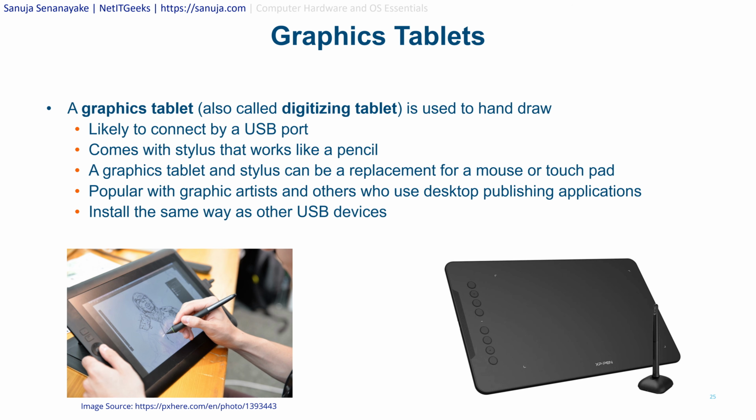And there are two major types of graphic tablets. One has a screen where you can actually see what you are drawing onto, and the other type doesn't have a screen, so you have to keep an eye on your monitor while you are drawing on this tablet. Basically this would be one end of your monitor and this would be the other end, and you calibrate it with the software and the drivers, and then you can draw on here. But the other graphic tablets have a screen where you actually draw on the screen itself. So it's just like a Samsung or an iPad type of tablet, but with a bit more capability, specialized for this